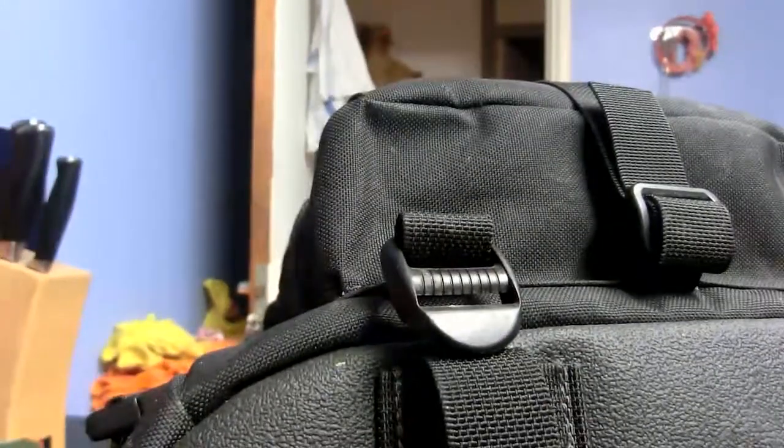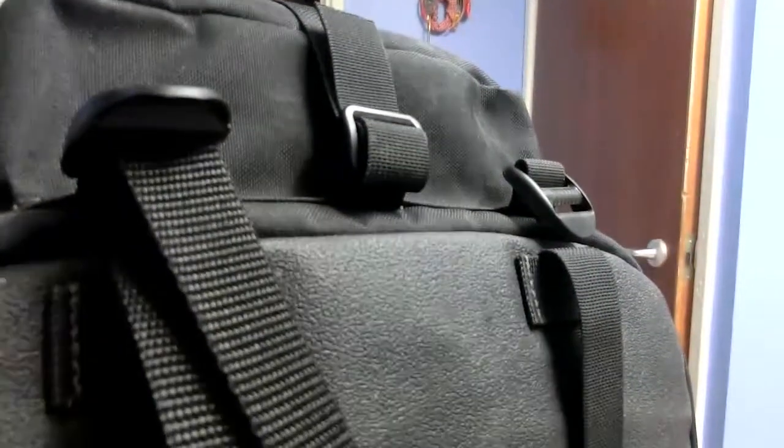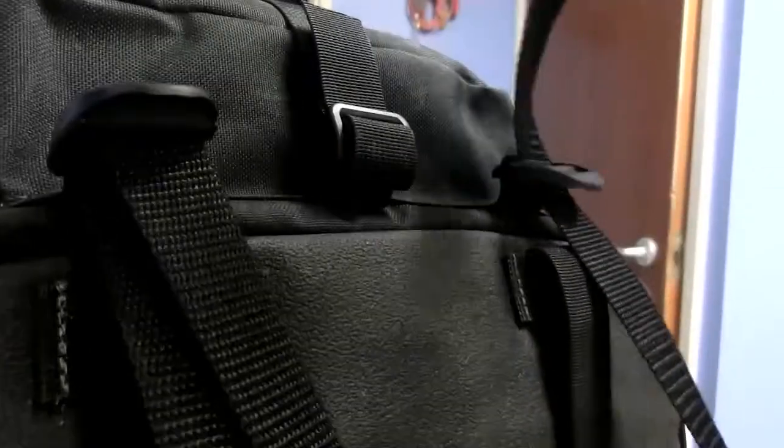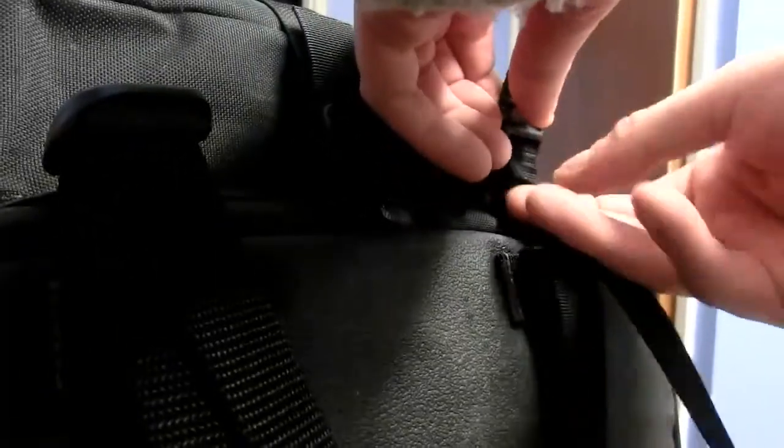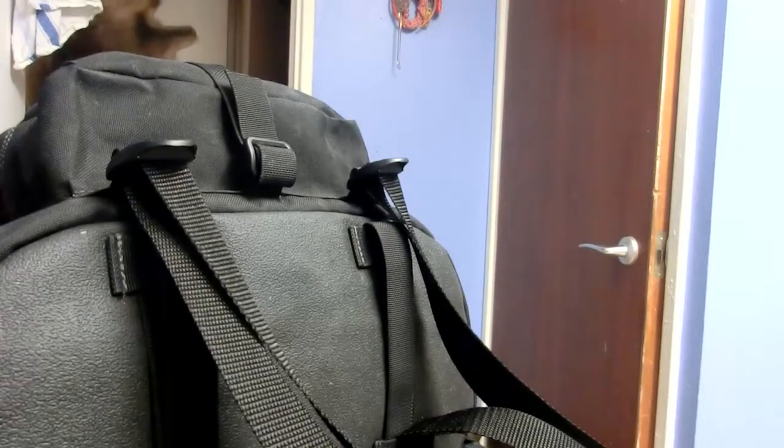Now what we've got to do is thread them through here. It should be a simple case of up through the back, down through the front. And once they're on there, we can trim them down a bit. And we'll test it. There's another thing I want to do while I'm at it, while I'm modifying things, and that's get some